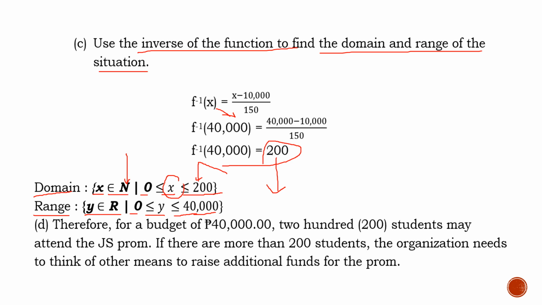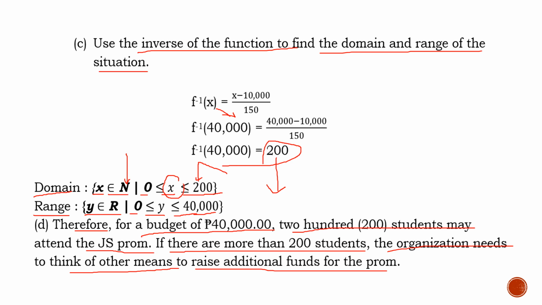So for letter D now, therefore, for a budget of 40,000 pesos, 200 students may attend the JS prom. That will be the maximum number of students that we can invite for this JS prom. If there are more than 200 students, the organization needs to find other means to raise additional funds for the prom. That's why it is important to look for a function that will represent a certain situation, because we can visualize what will happen if we exceed,